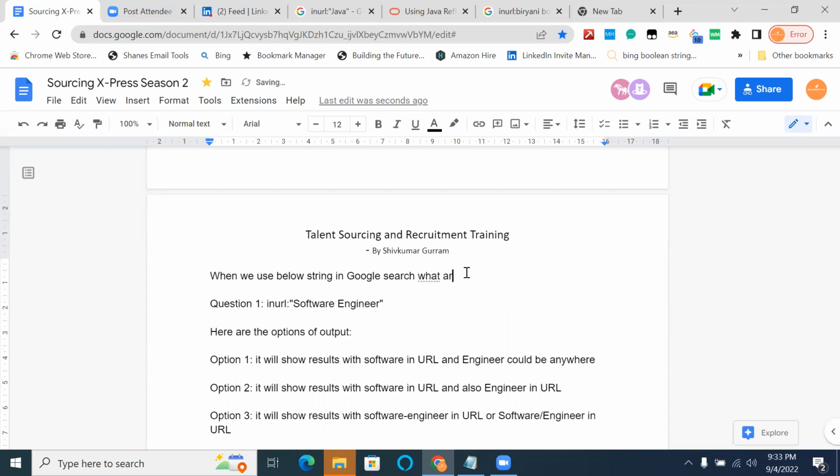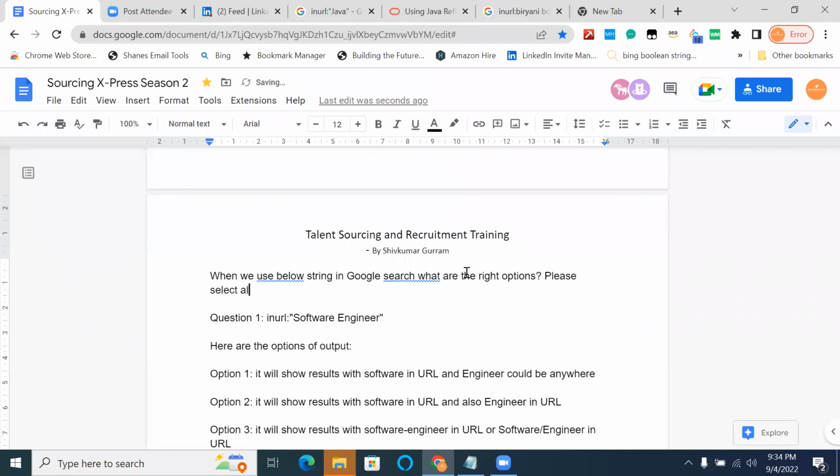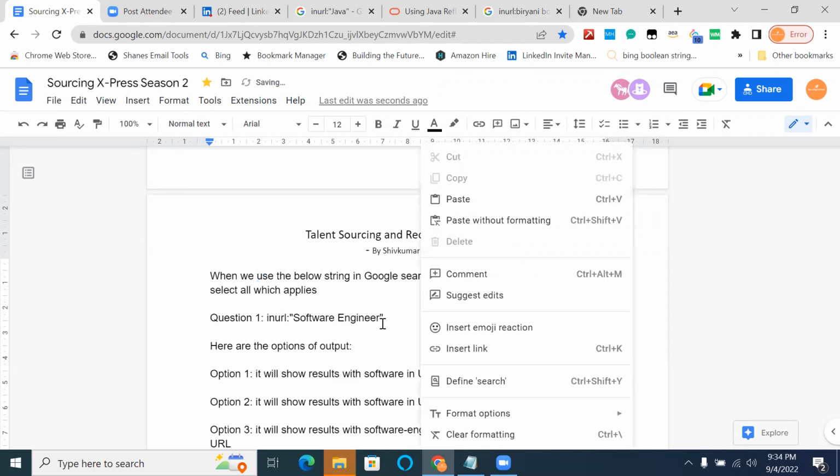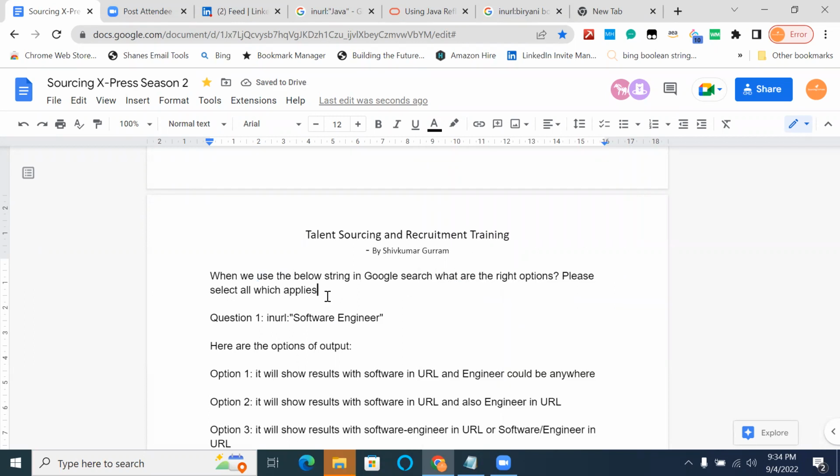So Shiv, I tried to perform this search. I also got another option, software plus engineer in URL. What are the right options? Oh, yes, Shiv. For me as well, software plus engineer, I got it. That's the reason I told, as per the session, don't run the search, but try to think it through. Because space is counted and considered as a plus. That's what we covered in the session also, right? That's the reason I told, don't run the search, but try to think through based on today's session and what it will show.